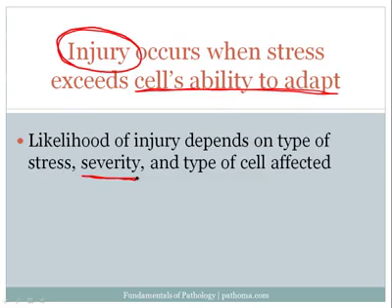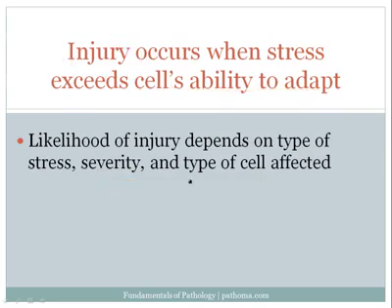And the third factor that determines what happens in response to a stress is the type of cell that is affected. Now, what do we mean by that? Well, one of the high-yield principles to be familiar with, and examiners like to go after this, is the fact that neurons are very susceptible to hypoxia. In fact, the neuron has the ability to withstand hypoxia for only 3 to 5 minutes, whereas skeletal muscle, which is another type of cell, actually can withstand hypoxia for very long periods of time. And so the type of cell affected will also determine how the organ or the cell adapts to a particular stress.